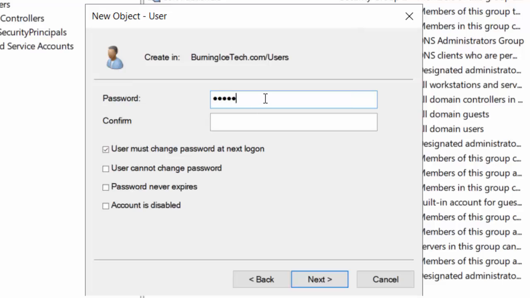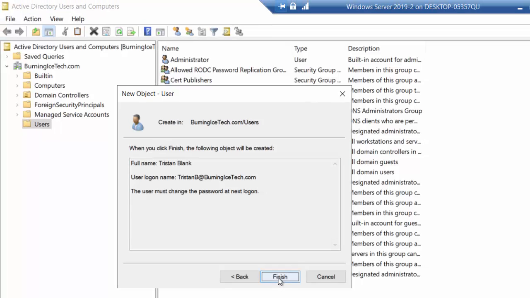I'm just going to go and choose a random 8-character password. Oops, wrong typo. It has to be minimum 8 characters, uppercase, lowercase, numbers and symbols, obviously, the usual. So that is the default. You can go and change that. You can make it less or more. Normally we make it even more complicated and even more characters. But by default, servers have a complexity requirement for password, which means minimum 8 characters length, has to contain one uppercase, one lowercase, one symbol, and one number. So at the end of the day, it's not going to be a word of any kind, and that's what we want. I'm going to go ahead and click on next, finish,